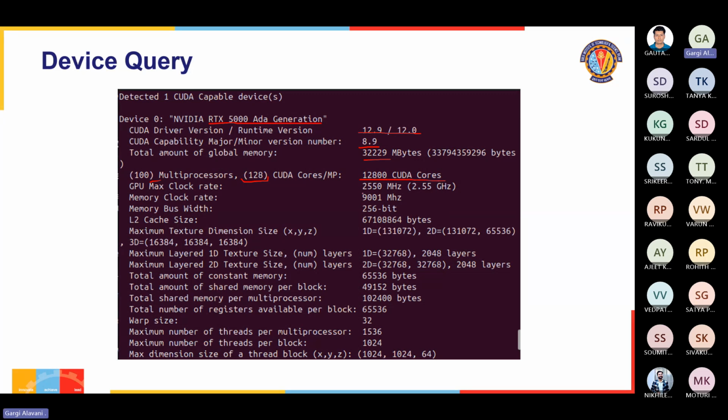The clock rate maximum is 2550 megahertz. Memory is 9001 megahertz. The cache size, you can see L2 cache size is this. What can be the maximum texture dimension is here. What is the total amount of constant memory you have? The total amount of shared memory per block that you can assign is 49,152 bytes. Total shared memory per multiprocessor is